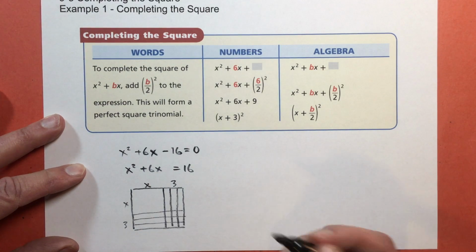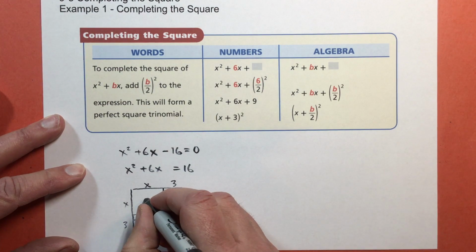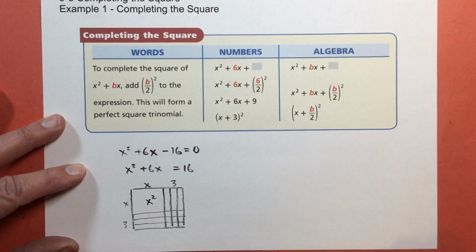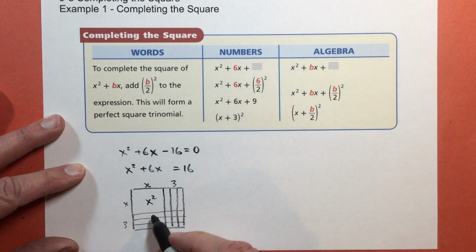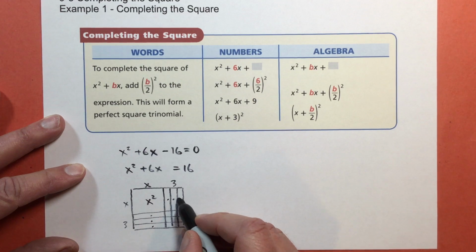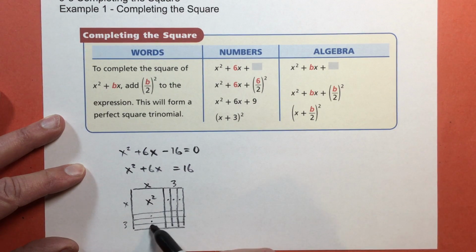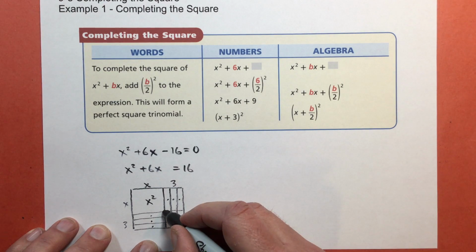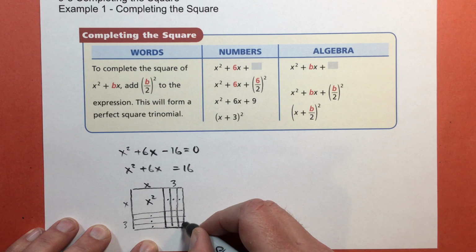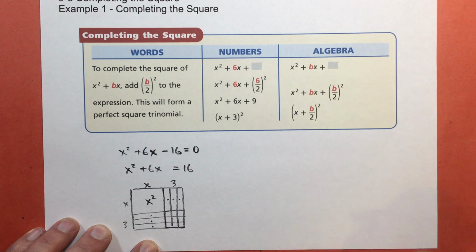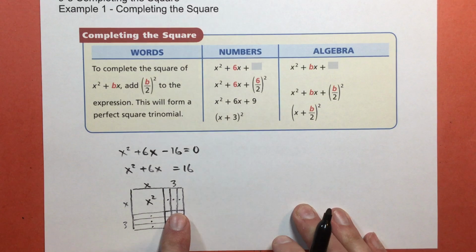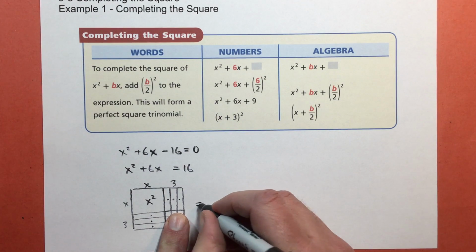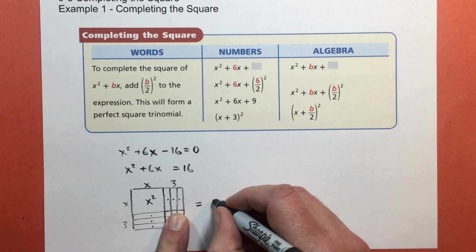So if I look at these rectangles, this rectangle, which is a square, is going to be x to the second power. It's x times x. Each of these, I'll just put dots in them because I didn't give myself enough room to write. Each of those are going to add up to the 6x. Now, this part right here is the missing part. And I'm going to cover it for just a second. If this whole thing equaled 16,